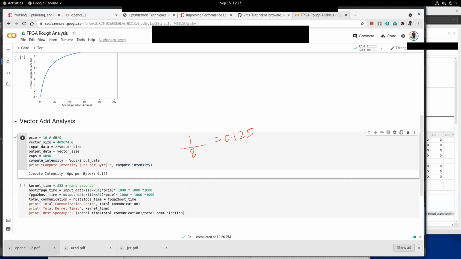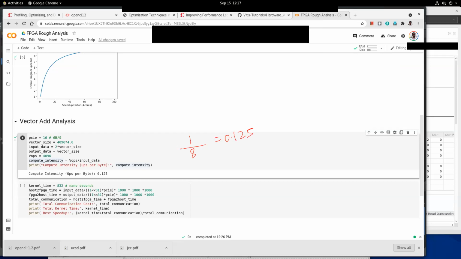Whenever you consider a kernel, a chunk of your program, for acceleration, the first thing you need to do is compute the compute intensity of that program.